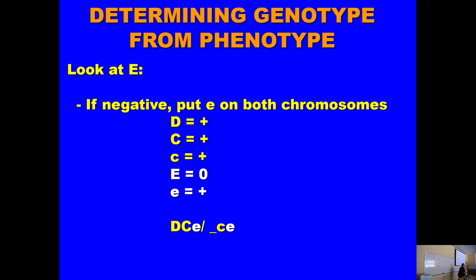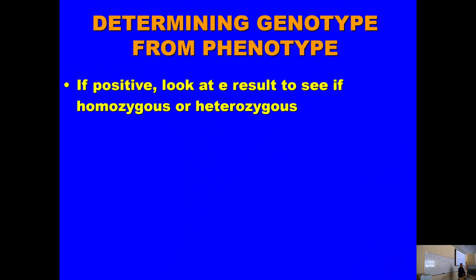So if little c was negative, then it would both be big C automatically. Yes. Okay. If one of them's negative, both chromosomes have to have the other. So if both are positive, then the big C will be with the big D. Yes. Okay. Yep. So now,